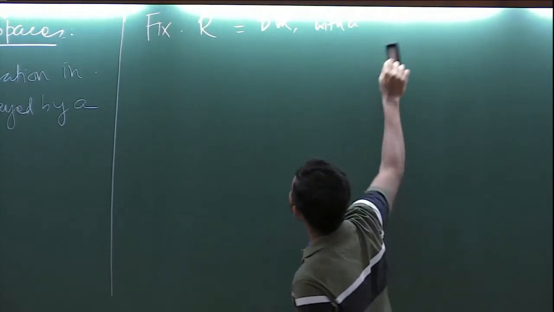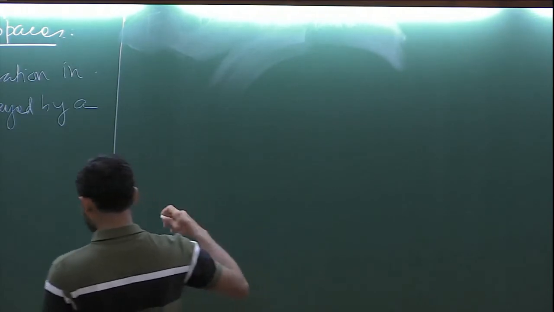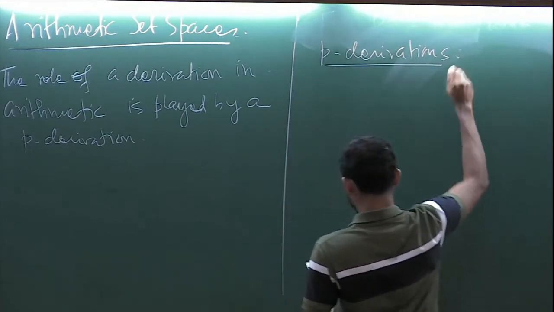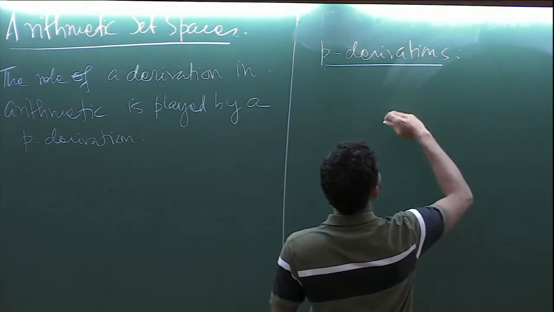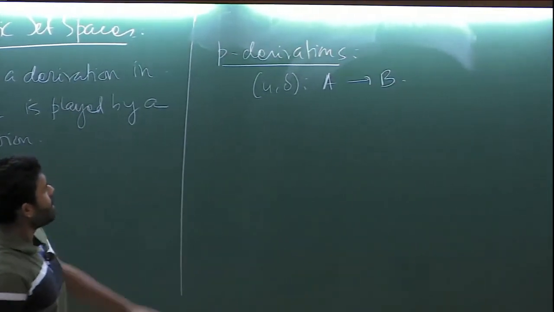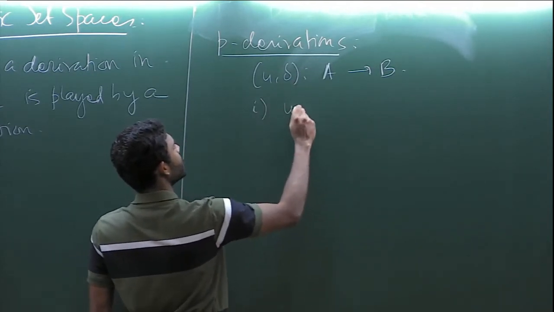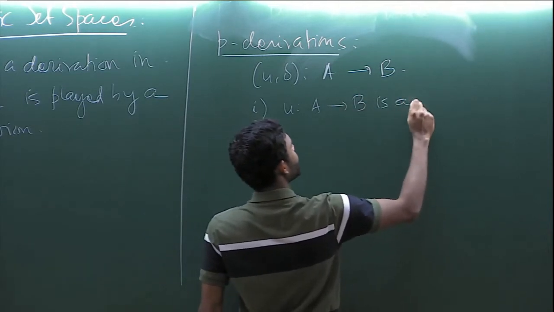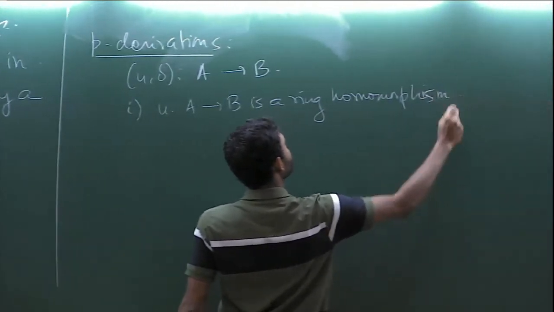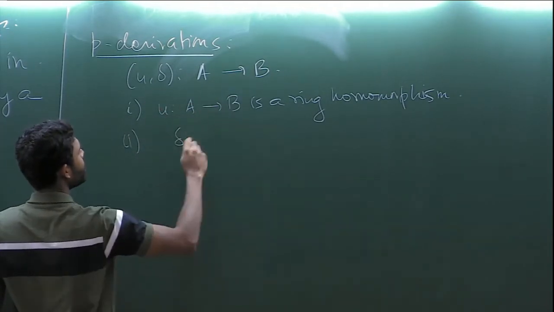Let me first define quickly what p-derivations are, just to remind you. A p-derivation from A to B consists of this data: u from A to B is a ring homomorphism, and this delta is a set theoretic map from A to B